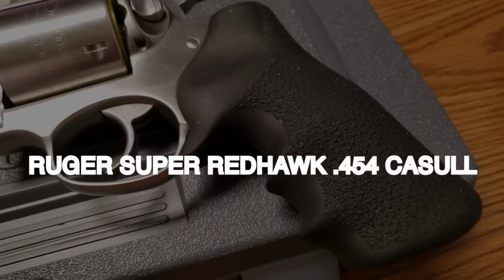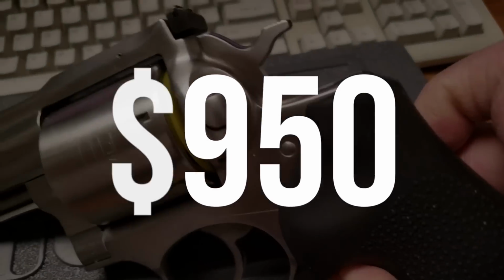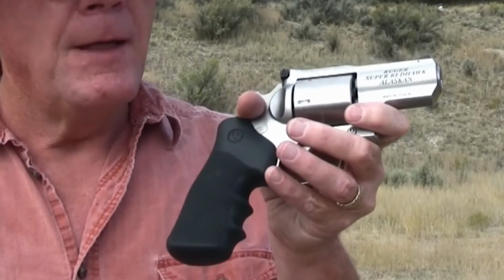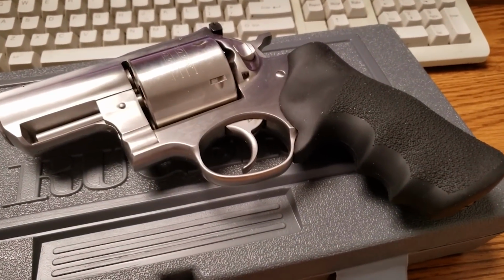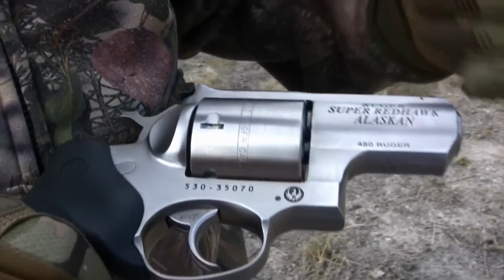Number 9. Ruger Super Red Hawk 454 Casull, $950. There are a lot of good hunting revolvers out there, but the Super Red Hawk in 454 Casull finds the right blend of power, smart design, and modernization to make it one of the best. While people love the 460 S&W and 500 S&W, they are kinda silly and not much better than the 454